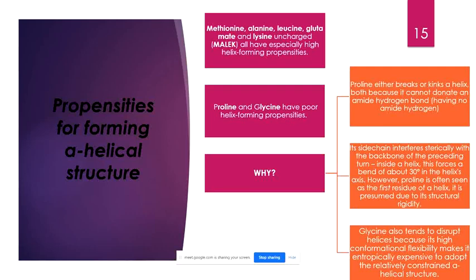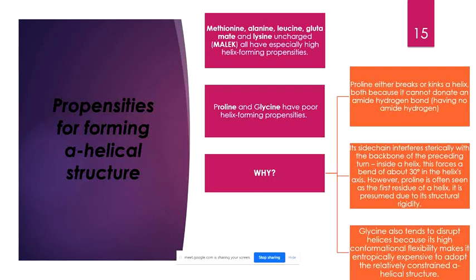Why? Because they tend to form alpha helix. So suppose you have a particular stretch that is rich in MALEK, but along with them you have other amino acids, like isoleucine or tryptophan, but only one or two in number. Most of the stretch has these MALEK amino acids. So if you have a domain rich in these amino acids, that domain is going to fold like an alpha helix domain.